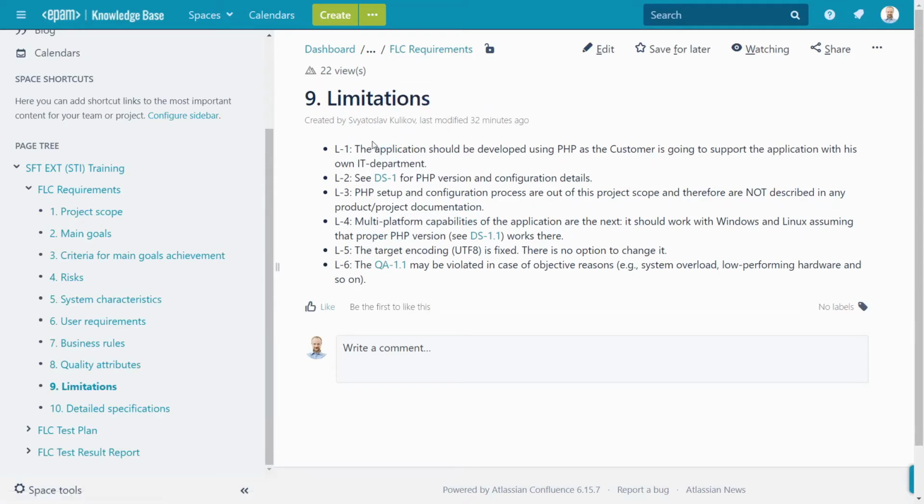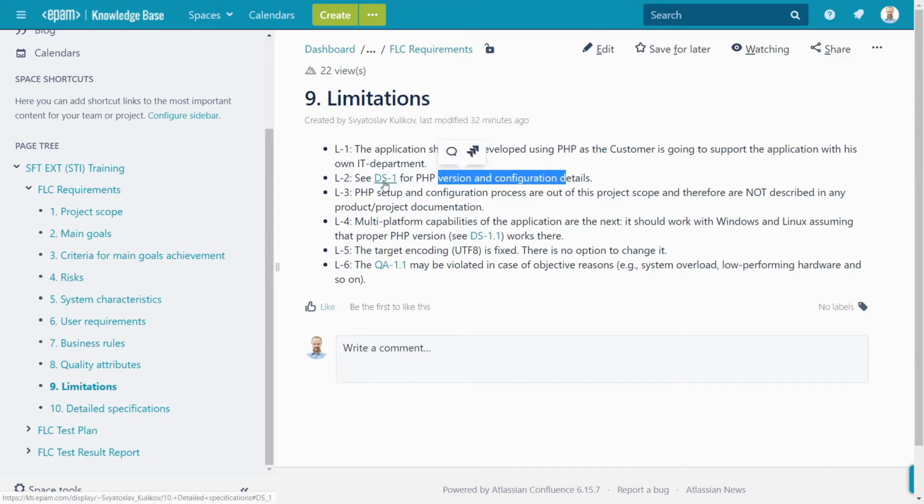Limitations show us the limitations, that's obvious. Here we see several, maybe not interconnected with each other, but rather important things and ideas. The application should be developed with PHP for some specific reason, some details on PHP configuration, version, and so on.